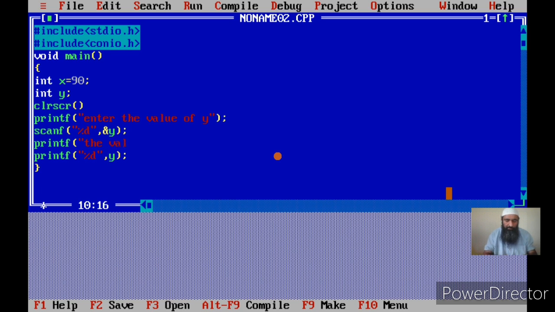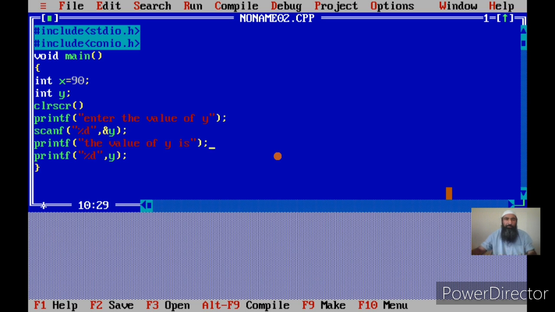The value of y is. Because if you know the difference between the integer data and character data, of course there is a difference in the way we initialize integers and characters, and there is a difference between the printf and scanf when we use integer variables or when we use character variables. So this example will clarify that part for you.